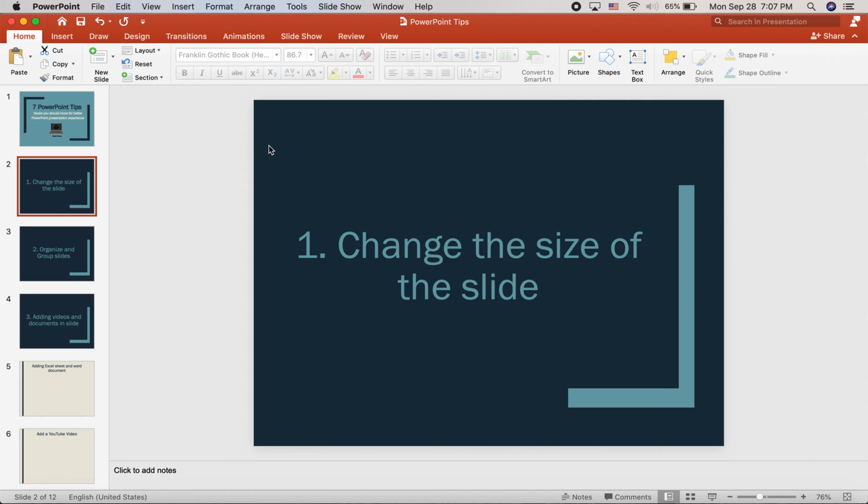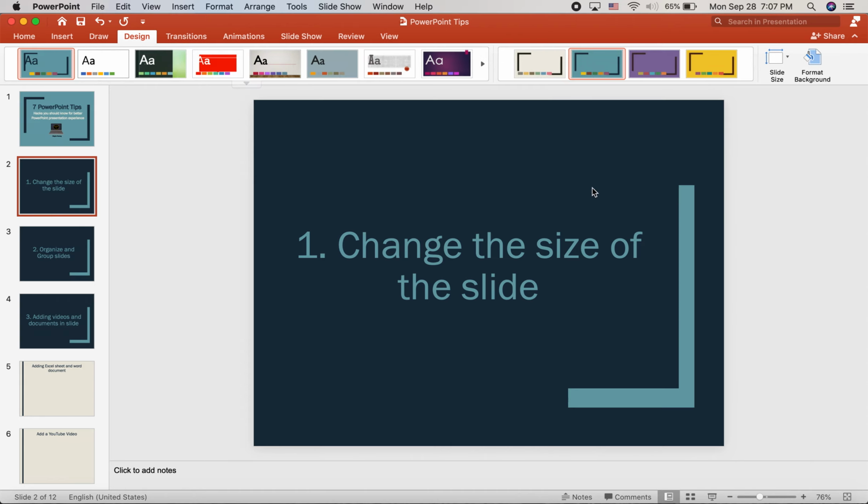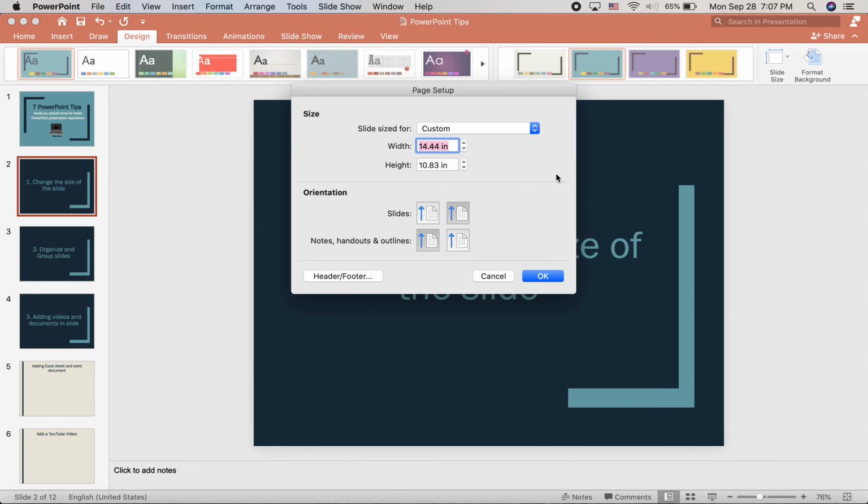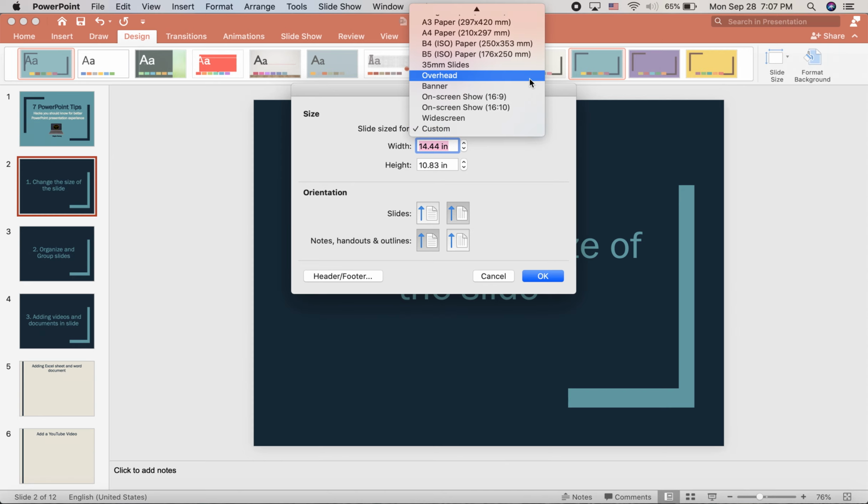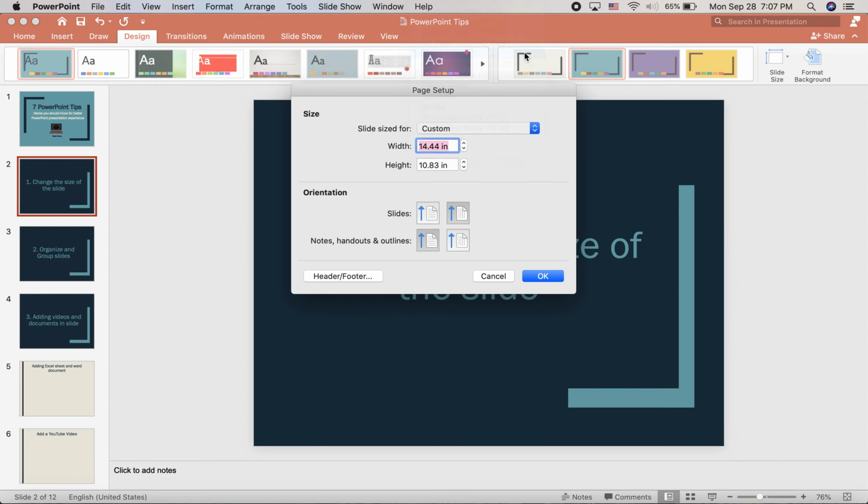For that, select Design, go to Slide Size. You can select from the existing options such as Standard or Widescreen, or go to Page Setup. In the Size option, click on the slide size, and here suppose if I want A4 paper, I will click on that. And you can also change the orientation. Suppose I want to change from landscape to portrait mode, I'll click on that and